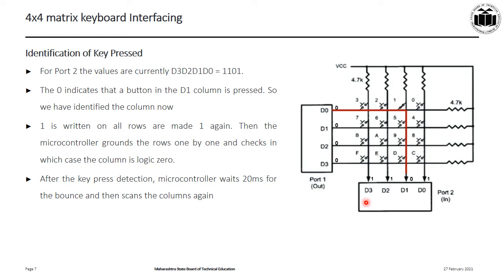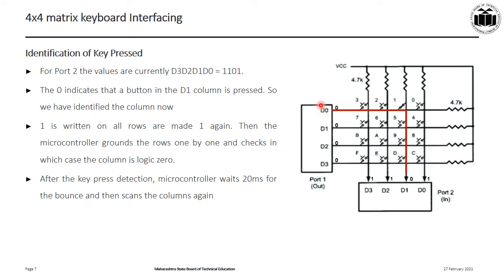For identification of key pressed, let's say if key 1 is pressed, then the D0 from port 1 will have a path connected to D1 on port 2, hence D1 will be 0. So we have identified the column where the key is pressed. To identify the row,